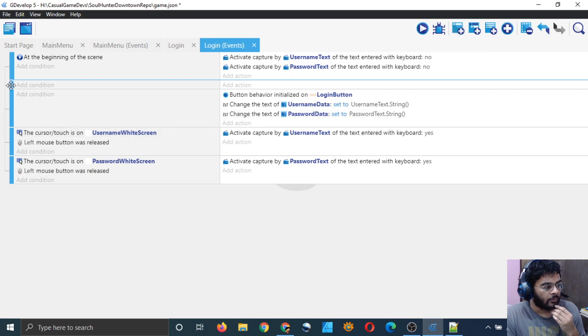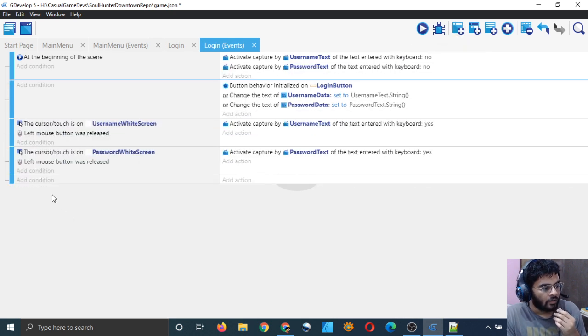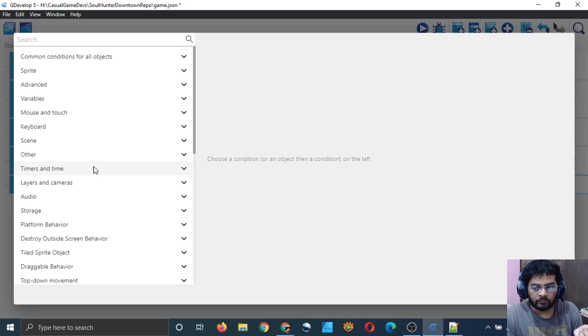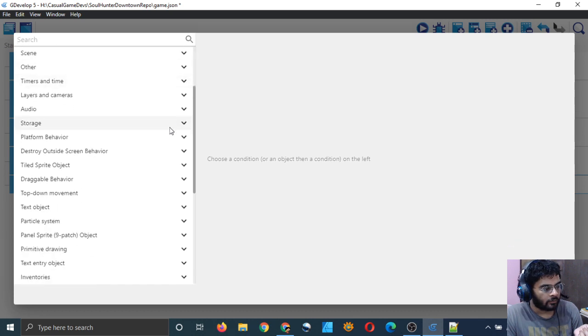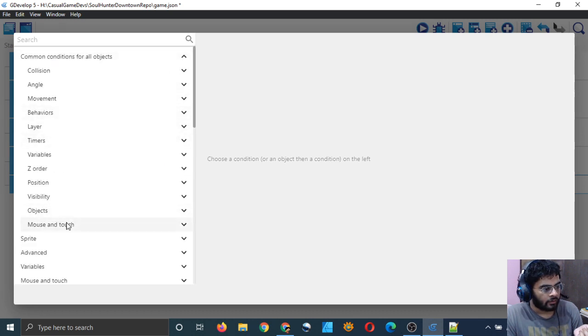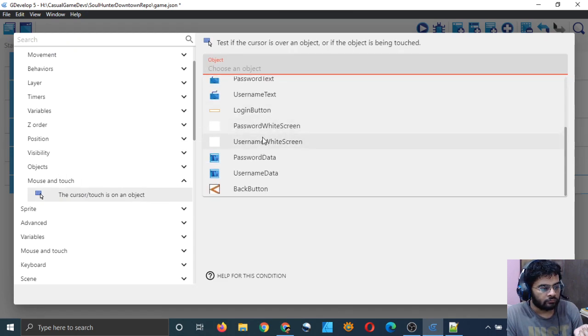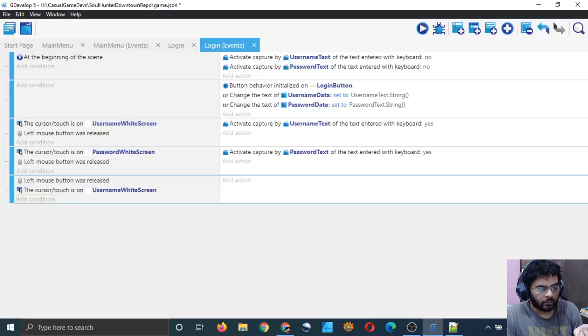So let me add a new event and drag it down, and in this I will simply copy this. Left mouse button was released, copy and paste it, and our cursor touch was not on this. Add a condition. Condition should be cursor slash touch, username white screen activate.